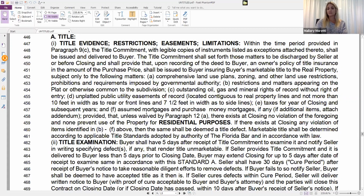If for some reason it's not looking like 30 days is enough, the buyer has 3 options, and that's how they can choose to move forward. They can agree to extend the closing date for up to 120 days, and that can give the seller a lot more time. We see that pretty frequently with probate. If something needs to be probated and it was never started, that gives the seller's attorney on the estate side time to do that. Or the buyer can accept title as is, never do that, please never do that, or